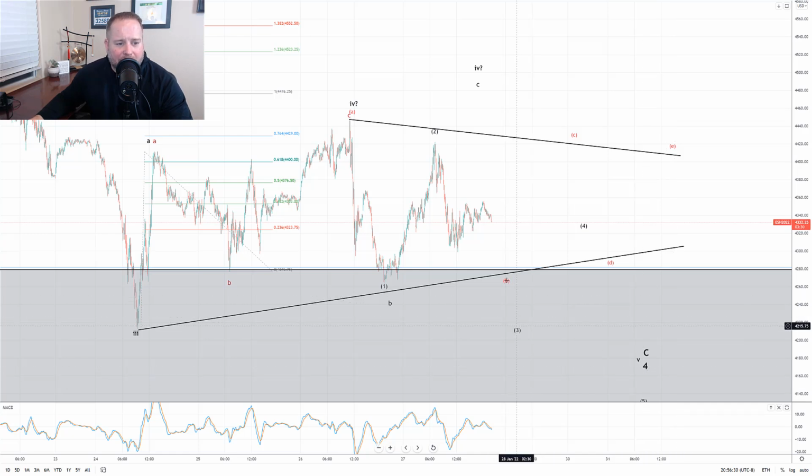So that's the ending diagonal down path, okay? The other path, as you can see, I have the lines drawn out here, is a triangle for 4, and then we get Wave 5 down from there. So with that spike down over here that we're calling Wave 3 of C, that would be the start of